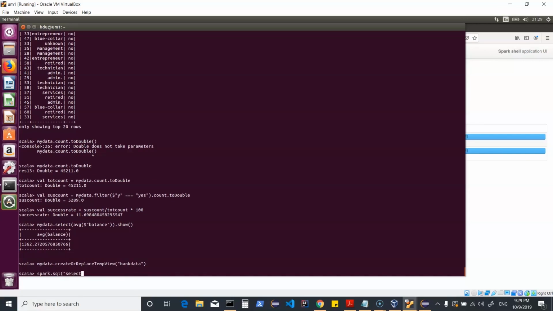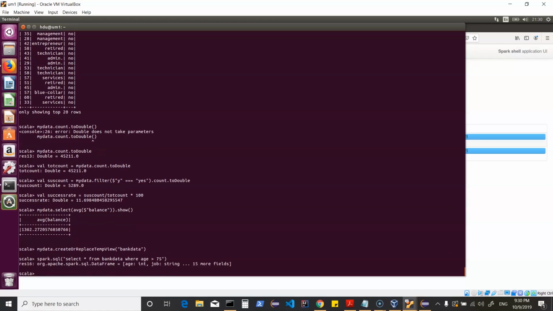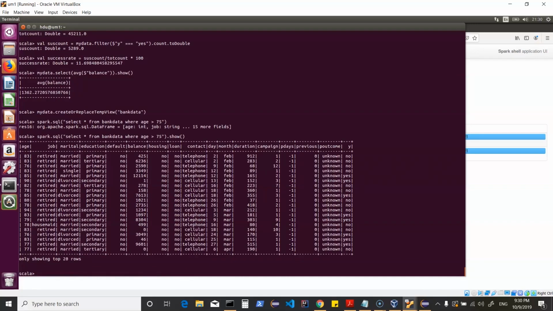spark.sql and then start using our queries to query structured data, which we would have basically used to create a data frame. So now I can do a select star from bankData where age is greater than maybe 75. And I could just close this, and whenever I do this, remember, it creates a data frame. So if you would want to see the result, you can just do a show, and that will show you the result of your data frame. And we are seeing the fields which are having values greater than 75. So I not only created a temporary view, but now I'm able to query that using spark.sql.